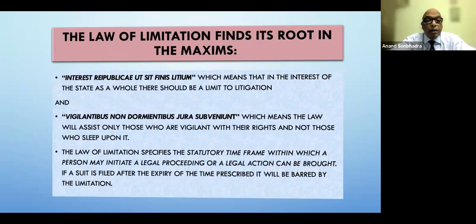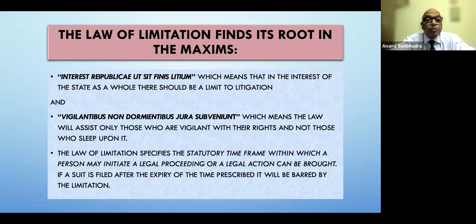Now, quickly, of course, pardon me if I am not able to pronounce the Latin portion correctly, but I just wanted to add what the maxims for the law of limitation are, the roots in the maxims. So the first one is,